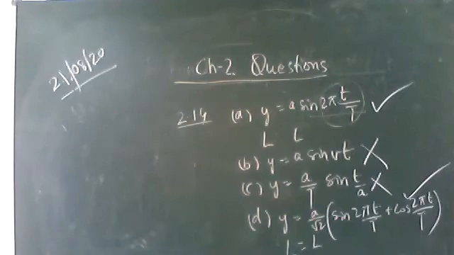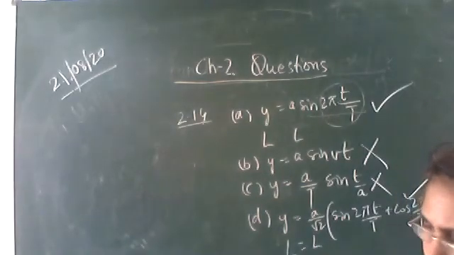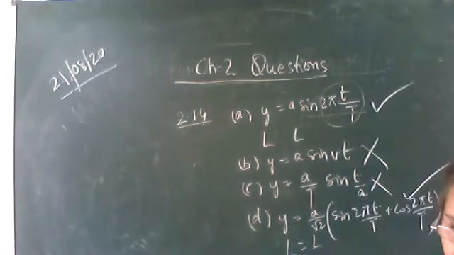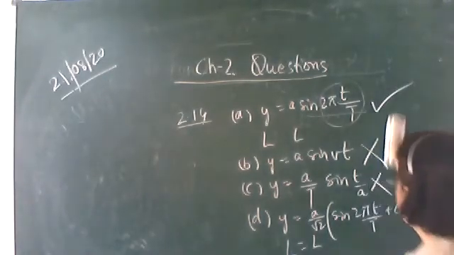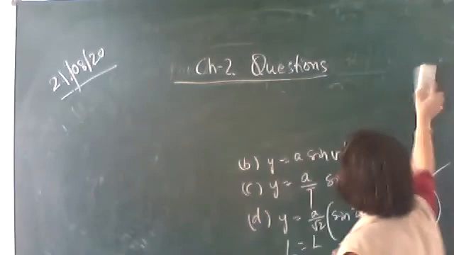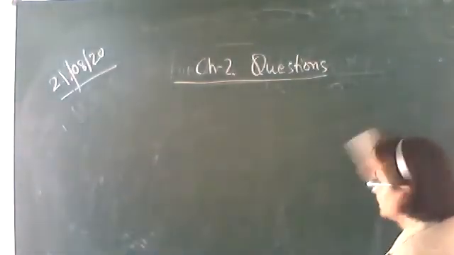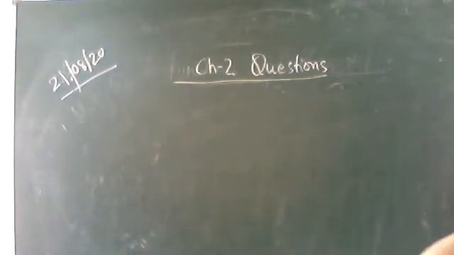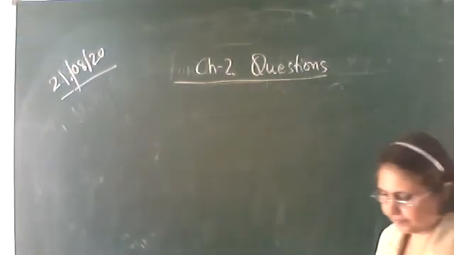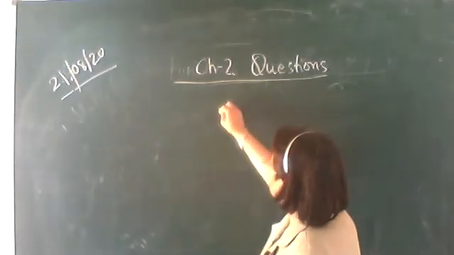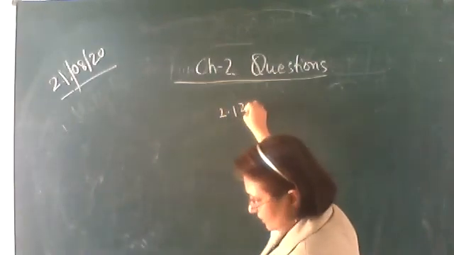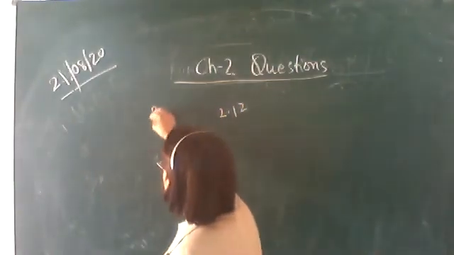Take a note. Okay, here it is given that the period of oscillations of a simple pendulum, time period, is given as 2 pi under root L by G. Let's write. This is the solved question. All the solved questions you will try yourself. The solutions are given over there. 2.12, page 27.